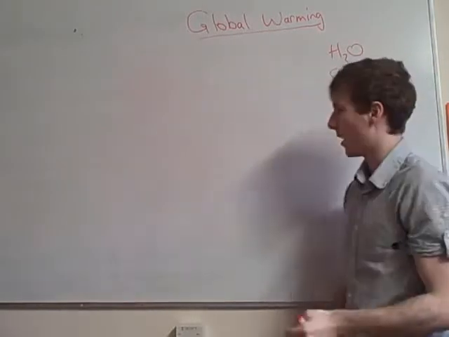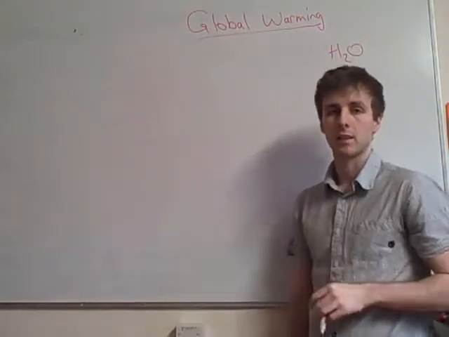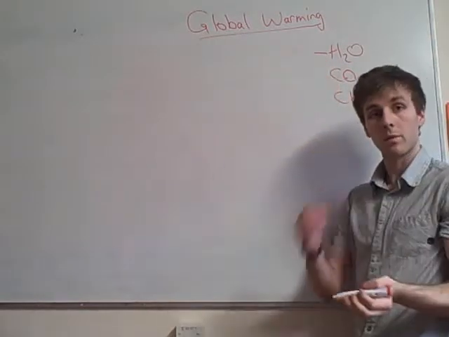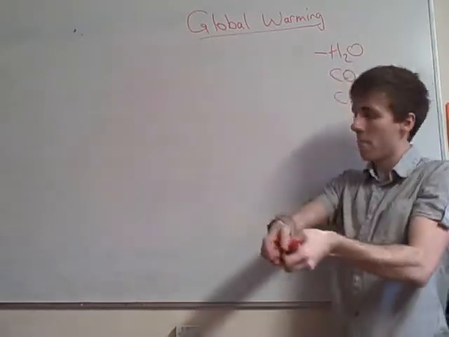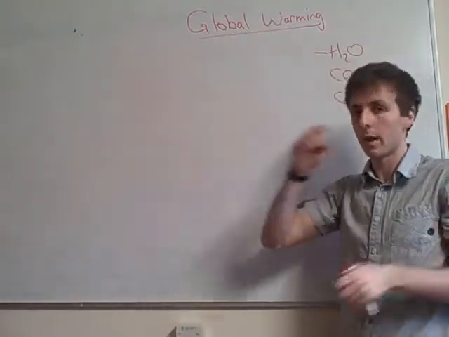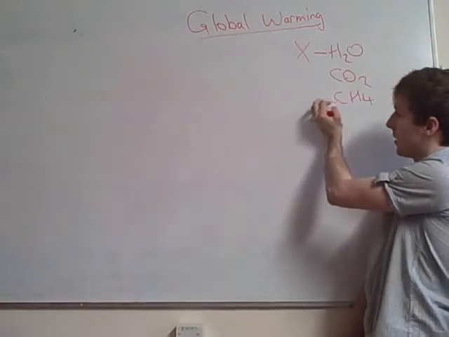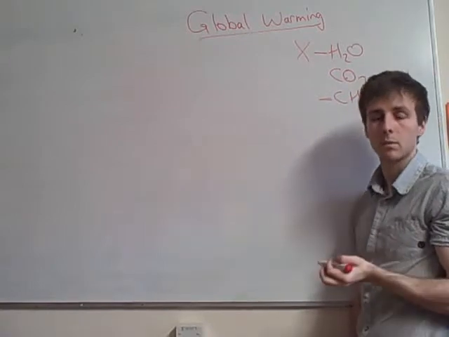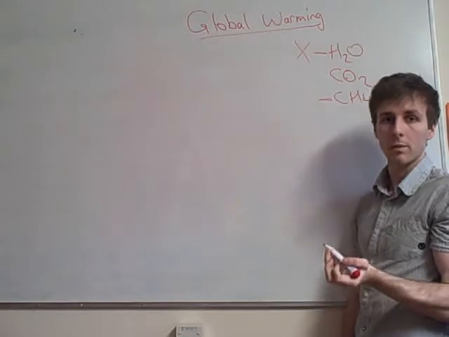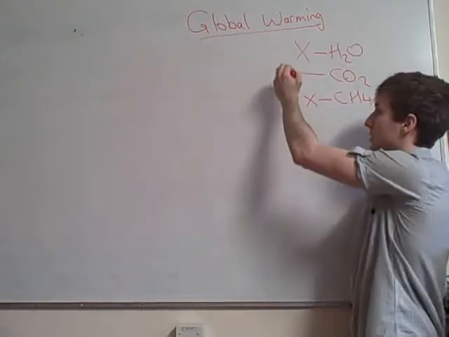What can we do about this? Well, we've come up with some really awesome ideas in order to reduce these gases in the atmosphere. One of them is, obviously we get this mainly from the evaporation of oceans, so what we're going to do is put a massive string of cling film over all the oceans. Obviously that's not what we're going to do. There's nothing we can do about that. Okay? This mostly comes from decaying organic matter, so unless we find the elixir of life, we're not going to be able to do much about that either. This one, however, we can reduce.